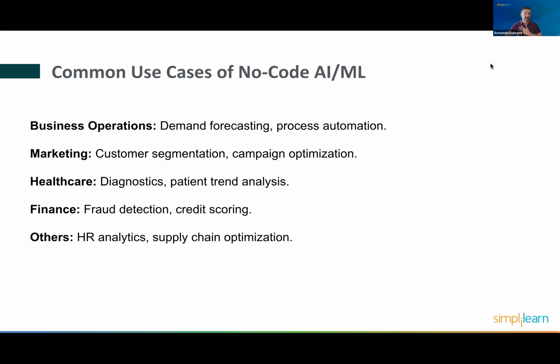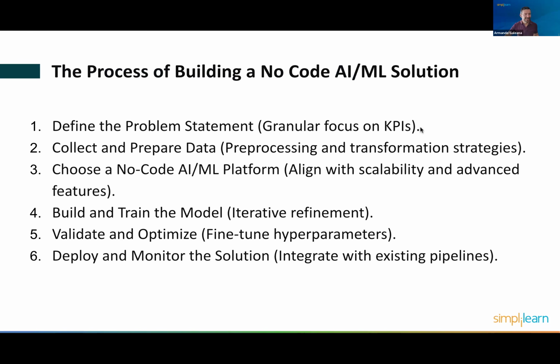So again, these are some use cases. This is democratizing AI, so very excited here. There are a series of steps, and we will follow through all the steps on how to get started with no-code AI and ML. As you see, we have a series of steps from define the business problem, collect and prepare data, choose the platform, build the model, validate the model, deploy the model, and then monitor the solution. What we're going to do for the next maybe 25 to 30 minutes will be to go through each one of these steps. Okay? We go through these steps, then we'll open it for questions and answers, and we'll start wrapping up.